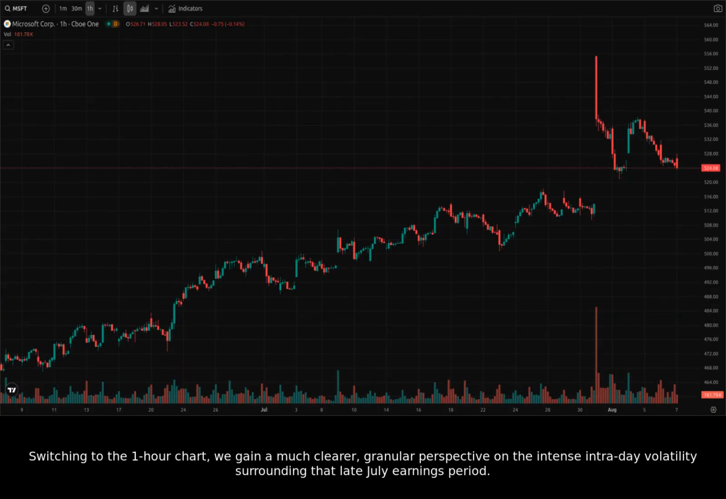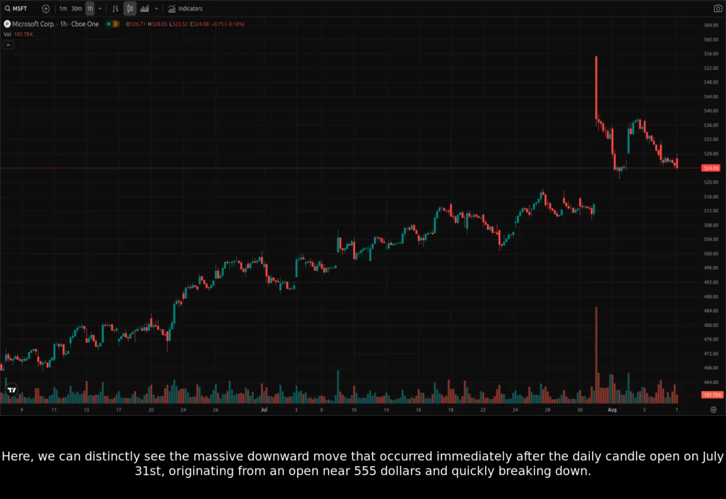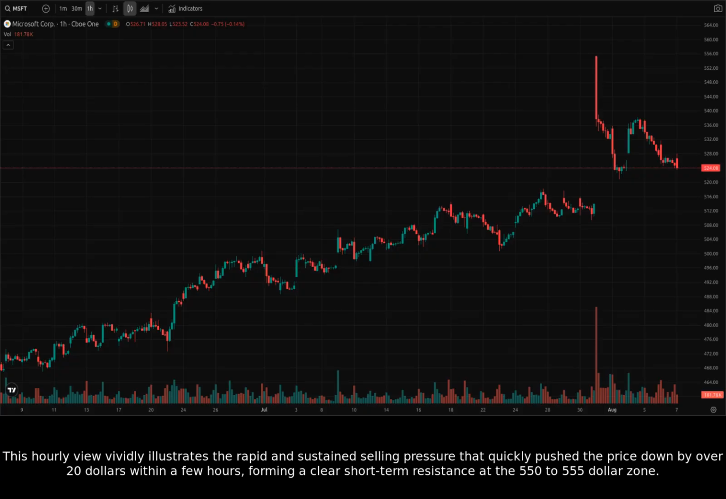Switching to the 1-hour chart, we gain a much clearer, granular perspective on the intense intraday volatility surrounding that late July earnings period. Here, we can distinctly see the massive downward move that occurred immediately after the daily candle open on July 31st, originating from an open near $555 and quickly breaking down. This hourly view vividly illustrates the rapid and sustained selling pressure that quickly pushed the price down by over $20 within a few hours, forming a clear short-term resistance at the $550 to